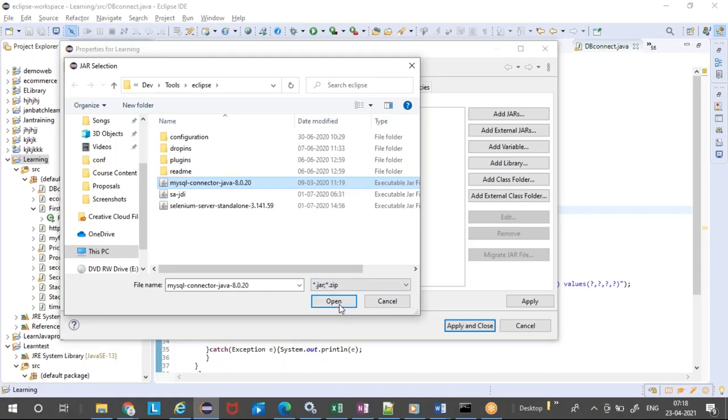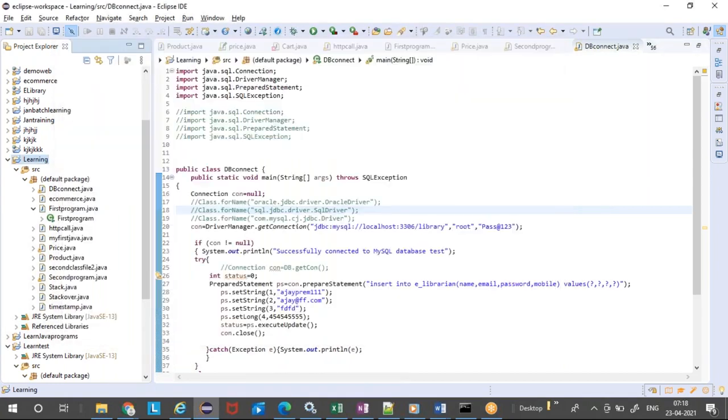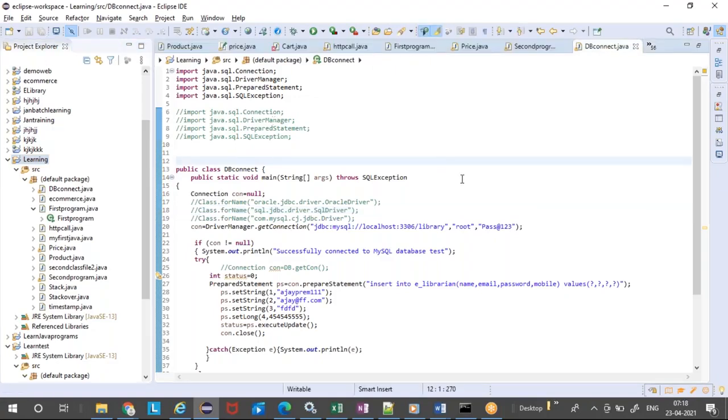So I'm just saying open. Okay, it is a duplicate. I'll just remove it one more time, and once you have added it, say apply and close. That's it. So you're going to save it, and now you have added it. There are a couple of import sections. Forget about it.